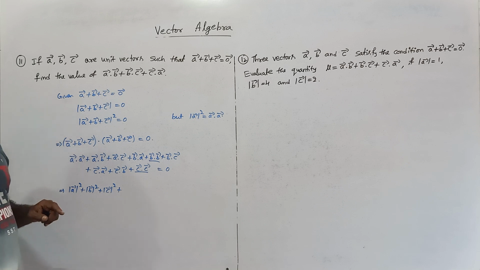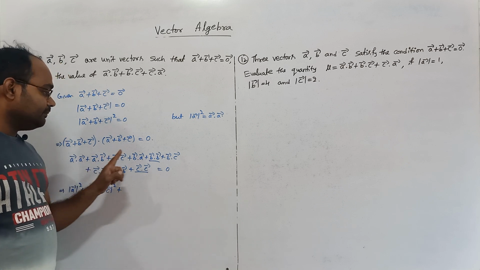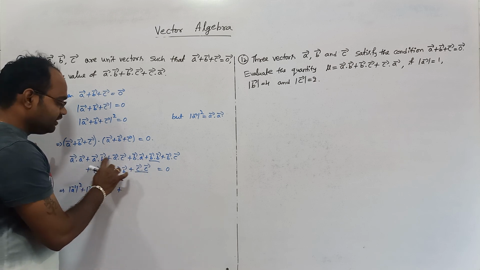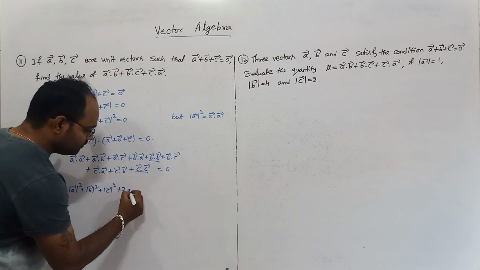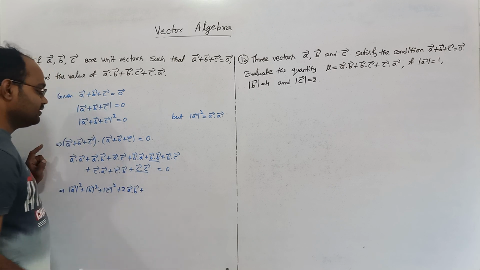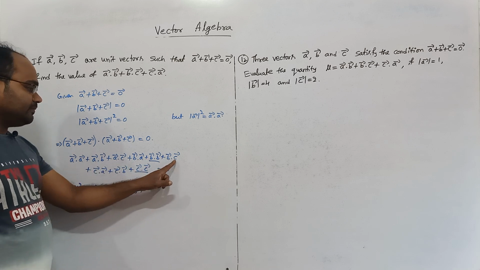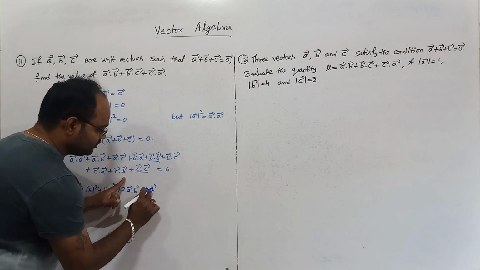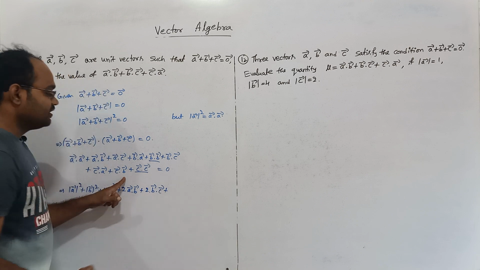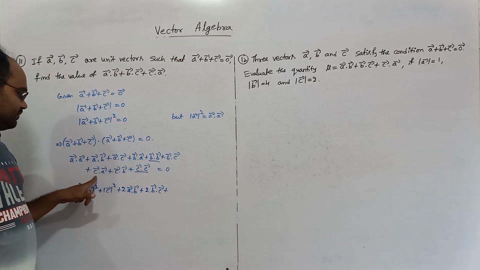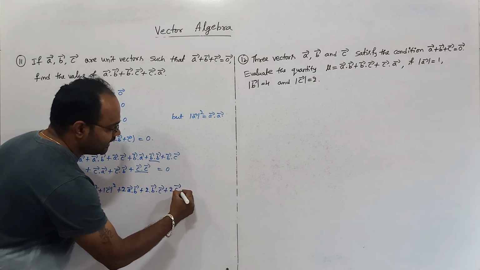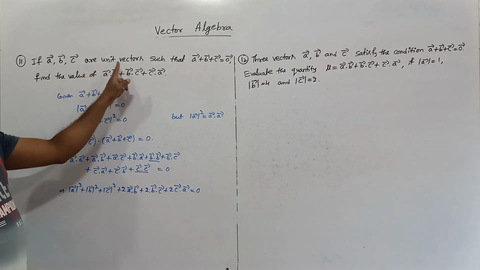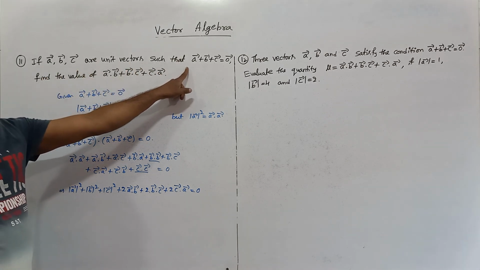Plus ನಮಗೆ ಗೊತ್ತಿದೆ ಡಾಟ್ ಪ್ರಾಡಕ್ಟ್ ಇಸ್ ಕಮ್ಯುಟೇಟಿವ್, therefore A dot B ಮತ್ತೆ B dot A ಎರಡೂ ಸೇಮ್, ಇವೆರಡು ಈಕ್ವಲ್. ಸೊ A dot B and B dot A ಈಕ್ವಲ್, ಇವೆರಡನ್ನು ಆ್ಯಡ್ ಮಾಡಿದ್ರೆ 2 times A dot B ಬರುತ್ತೆ. ಪ್ಲಸ್ B dot C, C dot B ಎರಡು ಸೇಮ್, ಇವೆರಡು ಆ್ಯಡ್ ಮಾಡಿದ್ರೆ 2 times B dot C. ಪ್ಲಸ್ C dot A, A dot C ಎರಡು ಸೇಮು, ಸೊ 2 times C dot A will become 0. Given that A, B, C are unit vectors, ಇವೆಲ್ಲ ಯೂನಿಟ್ ವೆಕ್ಟರ್ಸ್ ಅಂದರೆ their magnitudes is 1,